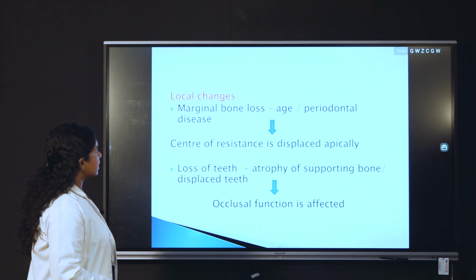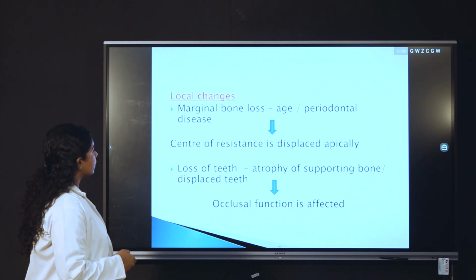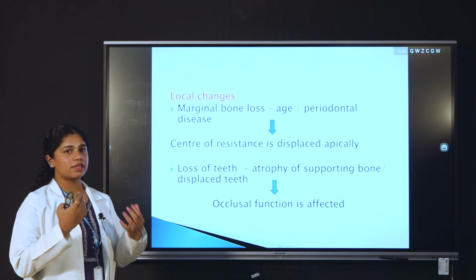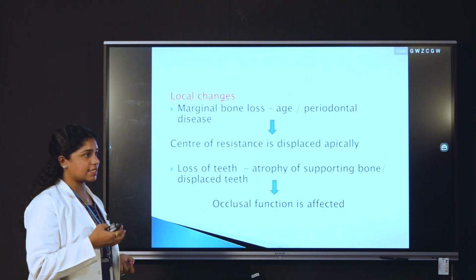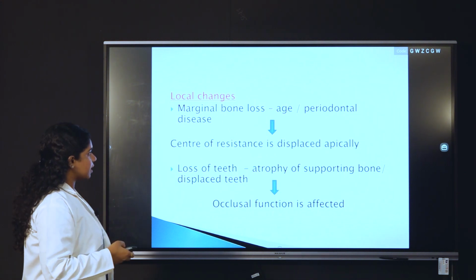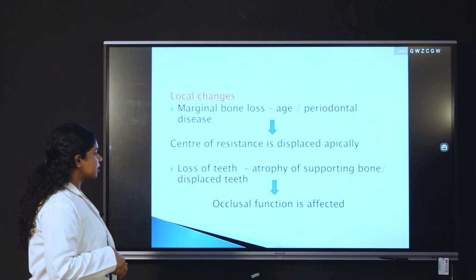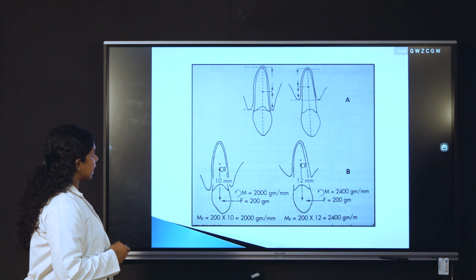So what are the local changes that will happen? The marginal bone loss, due to age and periodontal disease. What will happen when there is marginal bone loss? The center of resistance will go a little apical. That will lead to loss of teeth or atrophy of supporting bone or displaced teeth that will lead to occlusal function being affected. So as in this diagram,